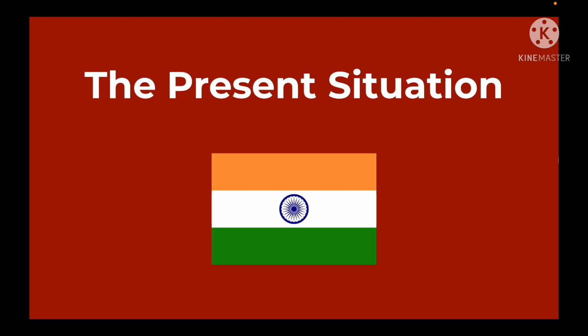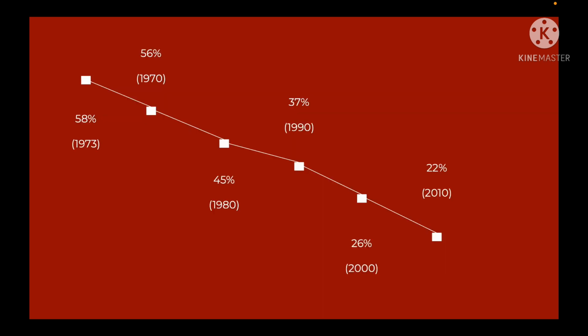Now that we have understood what is poverty, we move on to the present poverty trends of India, Odisha and Sundargarh. The percent of people living below the poverty line in India has been decreasing at almost a constant rate. We hope that with the implementation of our policies, this percentage would go to 0 by 2030.